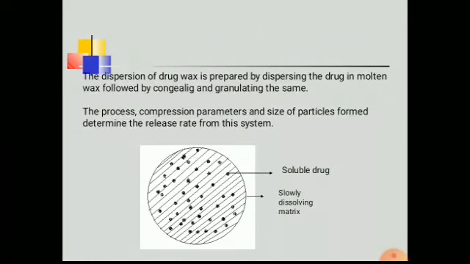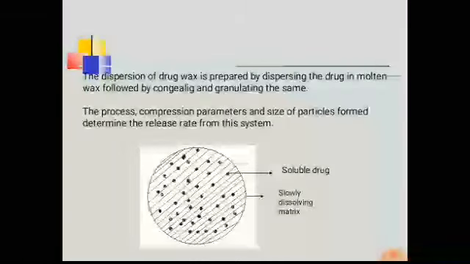The dispersion of drug wax is prepared by dispersing the drug in molten wax followed by congealing and granulating the same. So how are we going to disperse the drug and wax? Here first we are taking a drug and wax. For example, beeswax, we are going to melt at a certain temperature. Once the beeswax is completely melted, to that melted wax we are going to add the drug particle. So what happens due to that addition, due to that dispersion, that polymer will start to